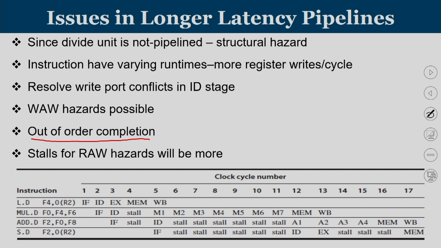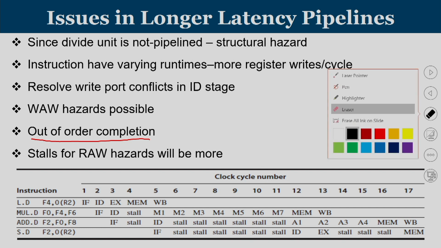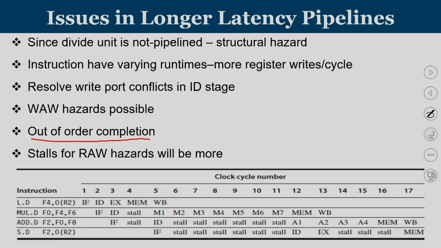So, consider this case: we have a load instruction on 64-bit data. The effective address is computed on integer registers R0 and R2, and the loaded value is loaded into a floating point register, where F stands for floating point register. So, we are loading a value into F4, and then using that value to find a new value F0. So, F0 is F4 times F6. The first is a load instruction. Load takes only 5 cycles as it uses the integer pipeline, and then we have a multiplication instruction.